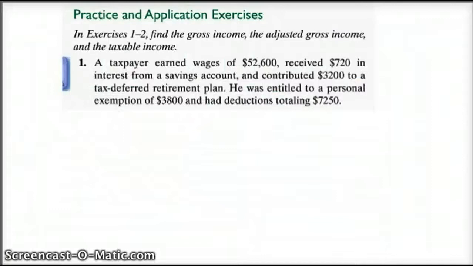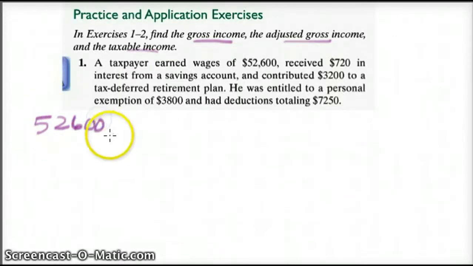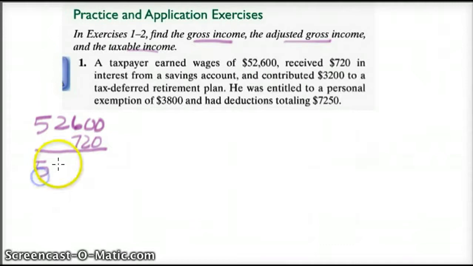Okay, students, let's take a look at this problem here. Find the gross income, the adjusted gross income, and the taxable income. All right, well, what do we have? He earned 52,600. He earned 720 in interest, and he contributed to a tax-deferred retirement plan. Okay, so this is all the money he's got going in. So 53,320. Okay, so this would be his